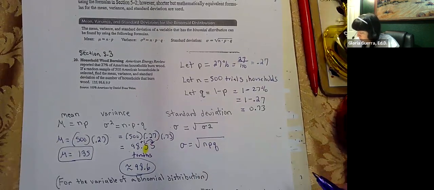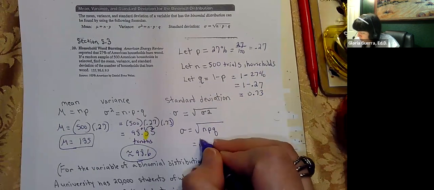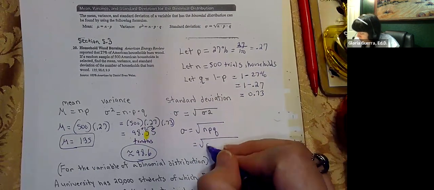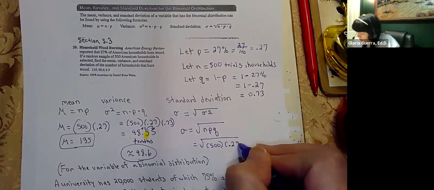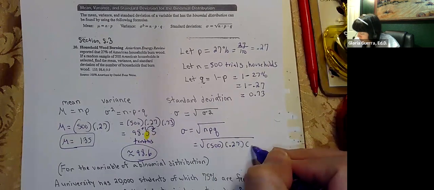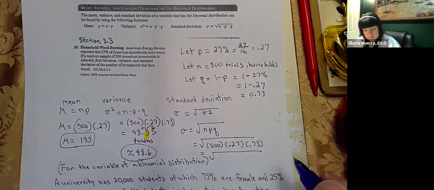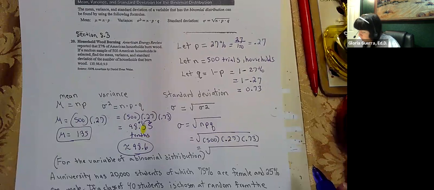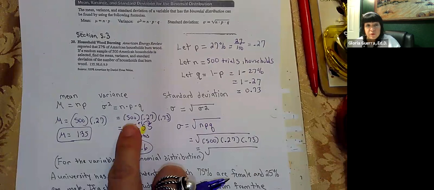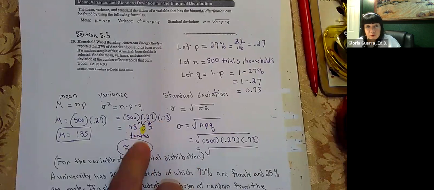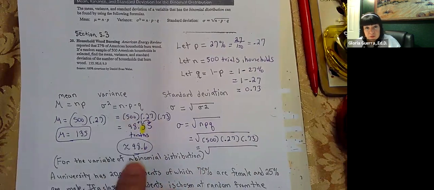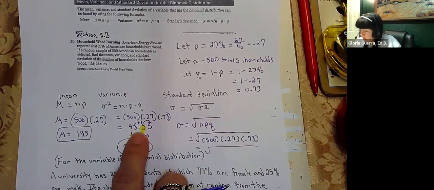It's the square root of N, which is 500, times P, which is 0.27, times Q, which is 0.73. So when you multiply 500 times 0.27 times 0.73, well, remember we did that over here? You don't want to put the rounded number, because then you're going to have a round off error again once you round that off. You want to put this exact